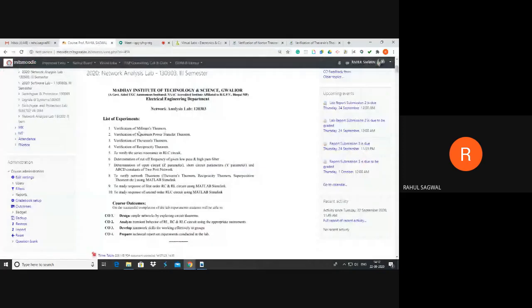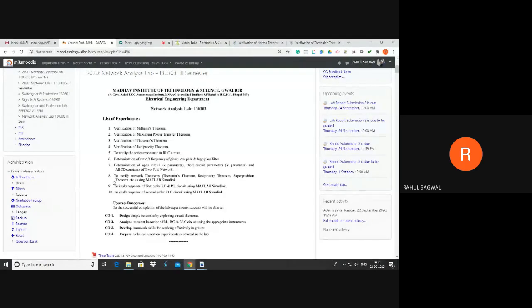But just to inform you, your experiments are almost over. Part of experiment number 8 will be conducted today. So you should start preparing for the Viva. After the next run, not on the next run, but after the next run, we'll give you the date for the internal Viva. A quiz will be held for all the experiments, as well as an oral Viva will be conducted. The date will be informed next term, but you should start preparing for this Viva.